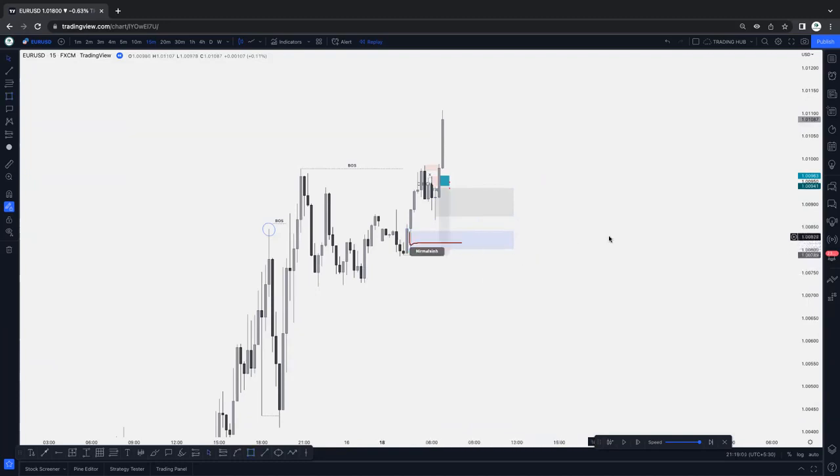Which one? Why not on this order block? What is this? Correct. Obviously, this is a smart money trap. There is still no inducement. If the market gives an inducement like this, then we can be interested here for the buy. If there is no inducement, we can't buy here.